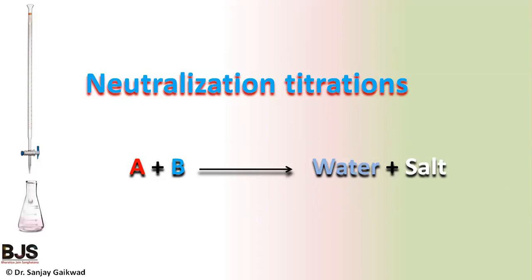and it is applicable to determine the concentration of an unknown solution of either acid or base when we compare it with the other of known concentration. For example, in case of this reaction, if we know the concentration of acid in terms of normality or molarity, and we want to measure the concentration of base in terms of normality or molarity, then we can do this reaction with the help of titrimetric apparatus.